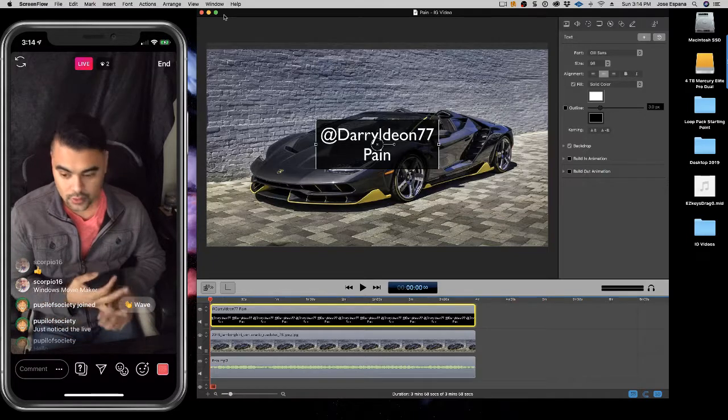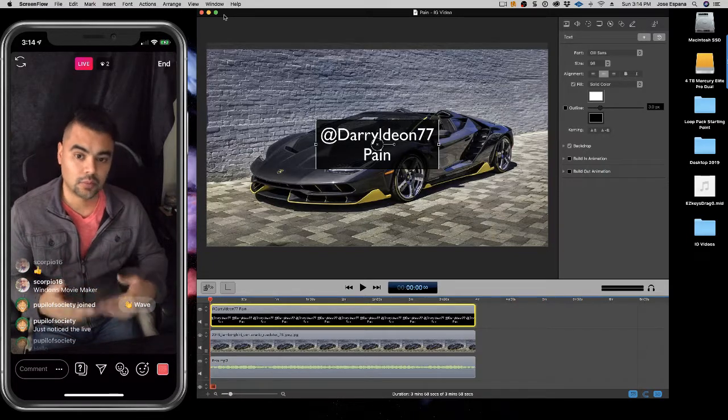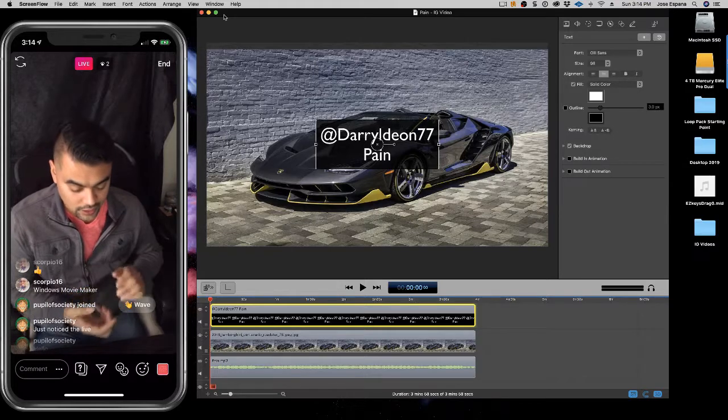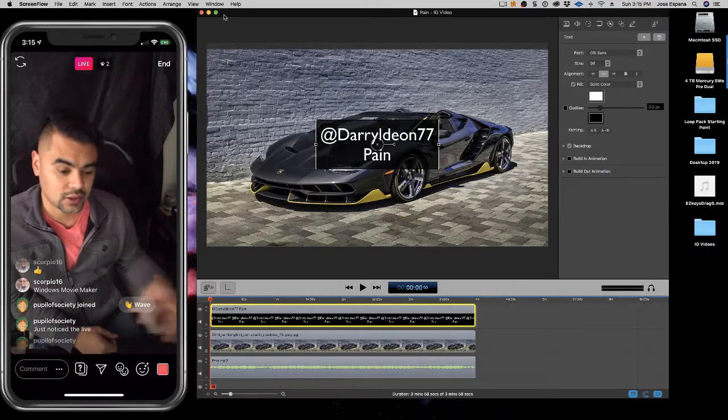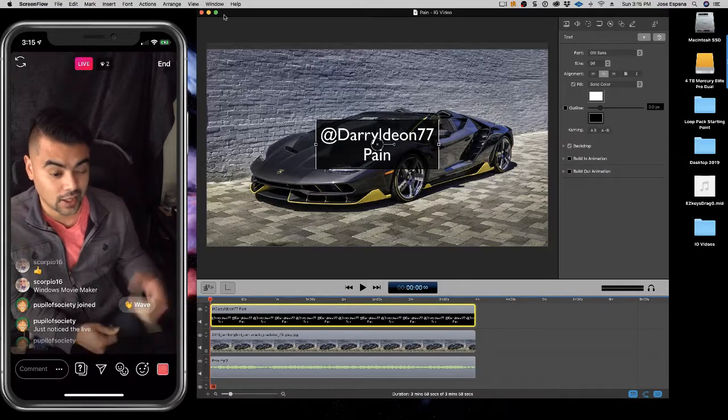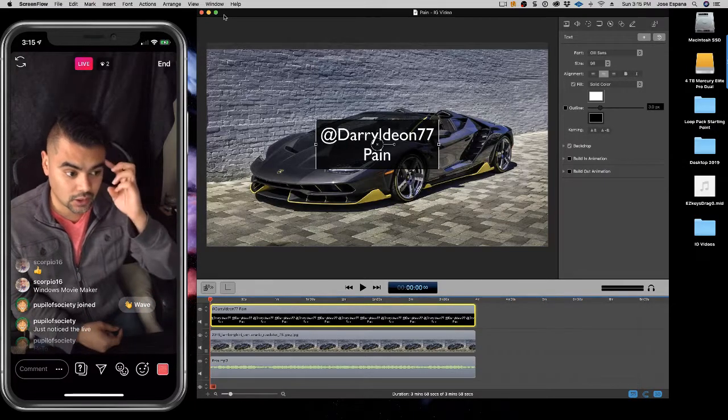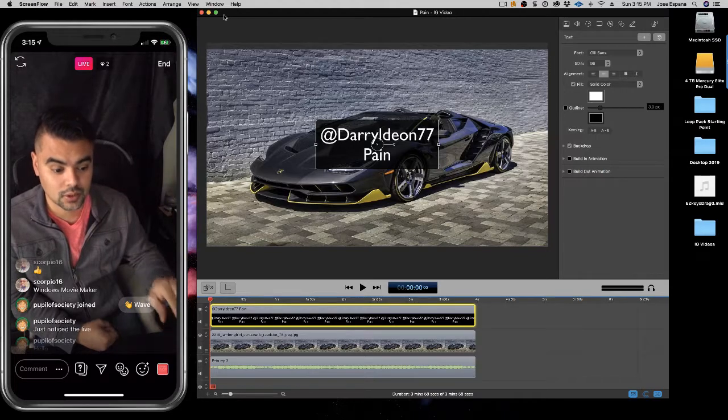ScreenFlow, Camtasia. You can do a little bit more. Really, that's when you have a little bit of money. Get a program that you can start finessing a little bit more. You can do a little automation. Like I can do some automation with ScreenFlow, but I'm not going to spend the time to do that because